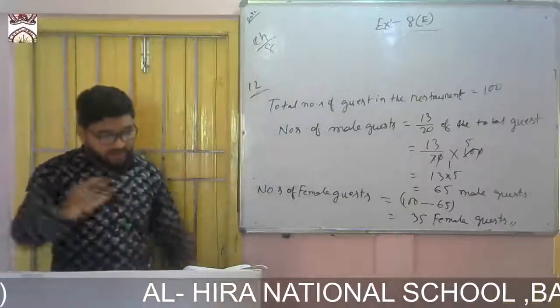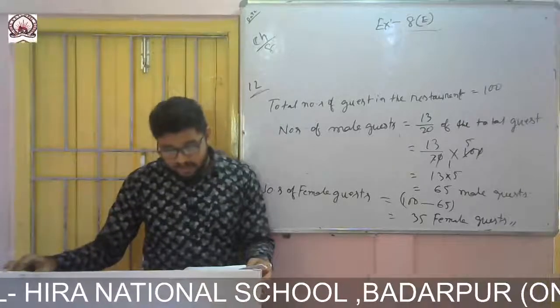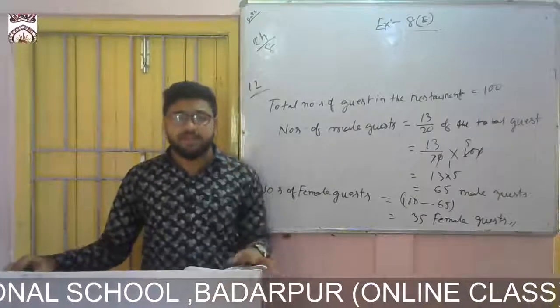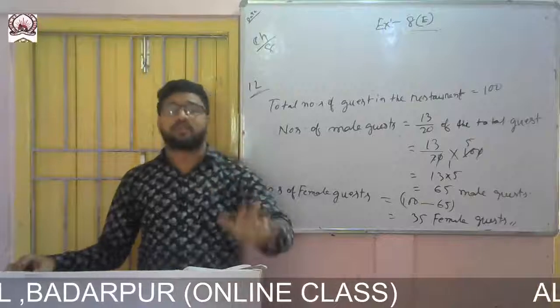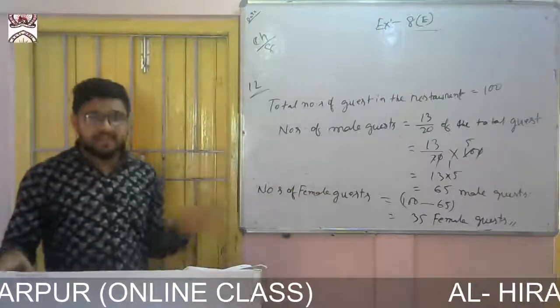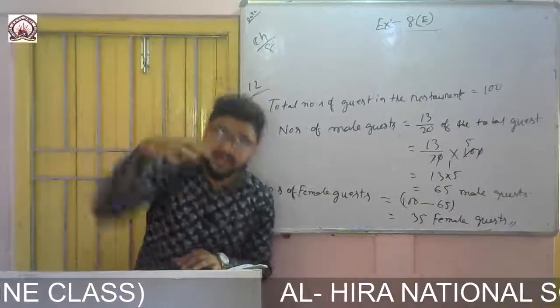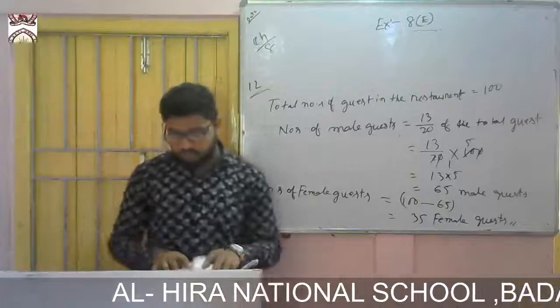Okay. Now come to question number 2. Adi had ₹50. He spent 2/5 of it. How much money did he spend? He has a total of 50 rupees, and out of the total 50 rupees he spent 2/5. So what was the amount he used? The fraction of the money he spent is given.